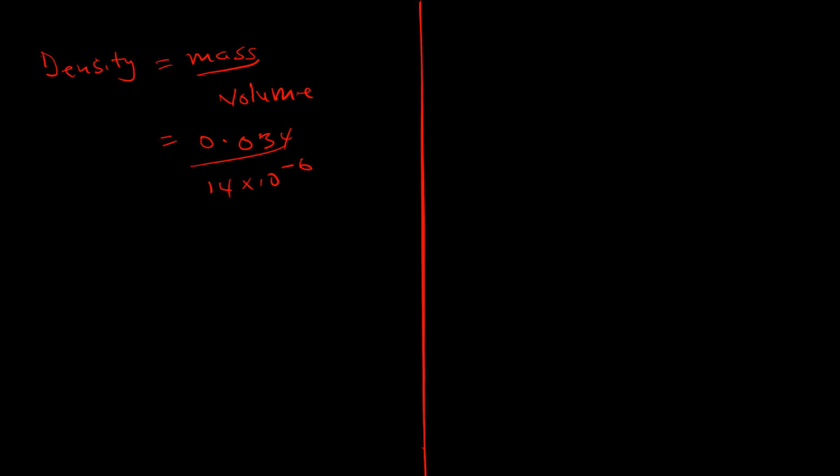Let's use our calculator. So 0.034 divided by 14 times 10 exponent minus 6. This will give us 2428.57